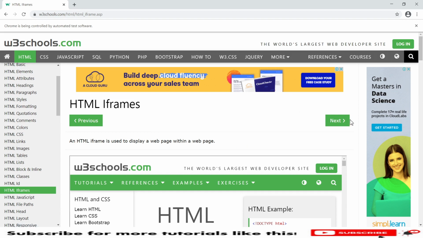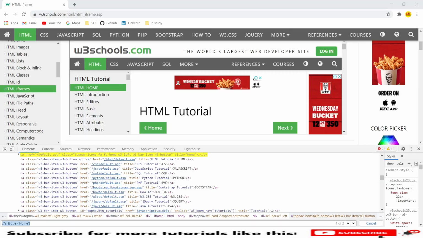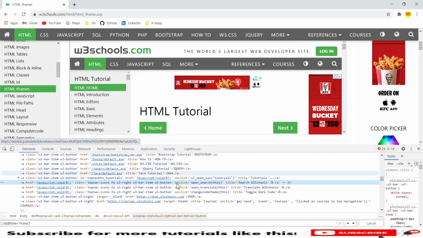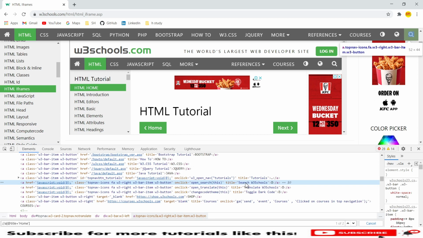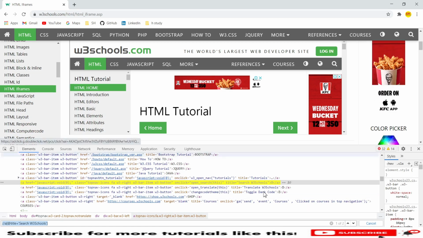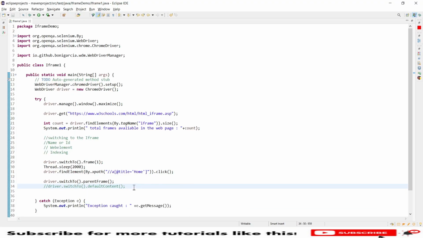So what I will do, I will try to add a condition on this search one. So let's click on this search icon. So this search icon is titled search. So we have the search icon. So this is on the main frame. This is not the iframe. So we have two frames here. So I will not do indexing now. Let's see what happens when you use the same icon available on the frame and the same icon available on the web page. So let's see what we can get by using this command.